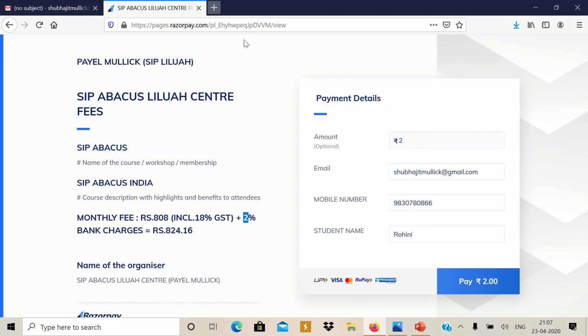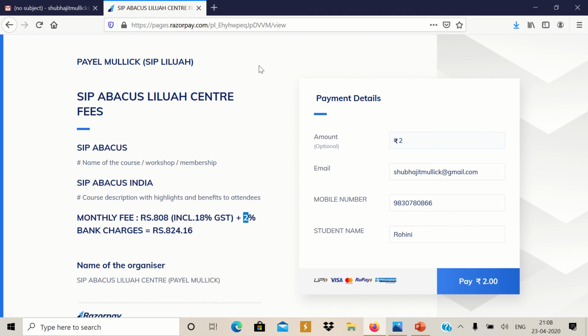Now, how will Razorpay pay to you? Razorpay will basically, once somebody pays to you, if you go to the Razorpay side, I'm not again showing you, it will show you statement. This person has paid you this. But Razorpay will hold the money for 2 working days. Suppose today is Monday. In my bank account, which I have linked, yes, you have to link your bank account also in the Razorpay. So after 2 working days, Razorpay will transfer whatever money it has collected to whichever bank account you linked with the Razorpay when you were registering.